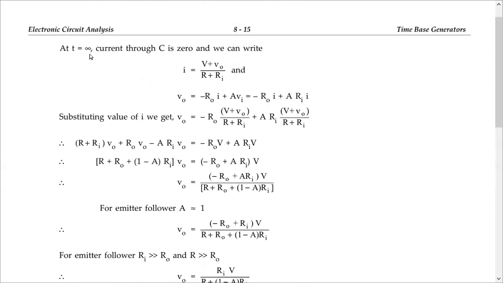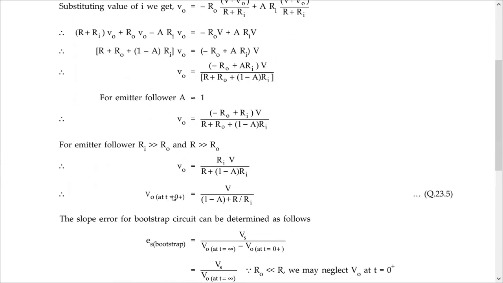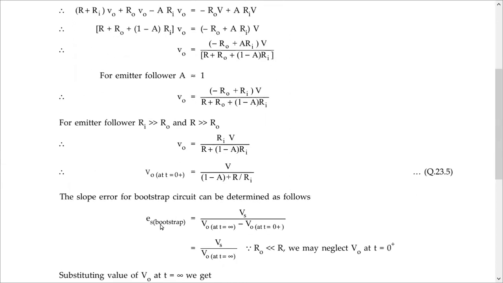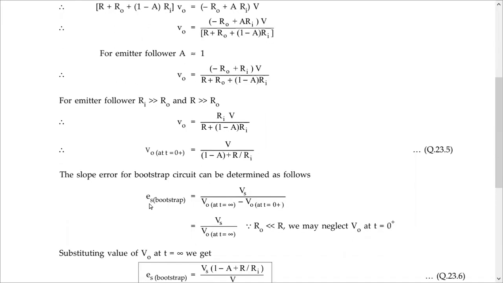So neglecting R naught, we got V naught. This is V naught at t is equal to infinity. It is wrongly printed here; it is V naught at t is equal to infinity. Now if you see the expression for Es, earlier we actually got Vs by V. That was the expression that we got in the previous case, because the initial voltage was 0. The exact definition